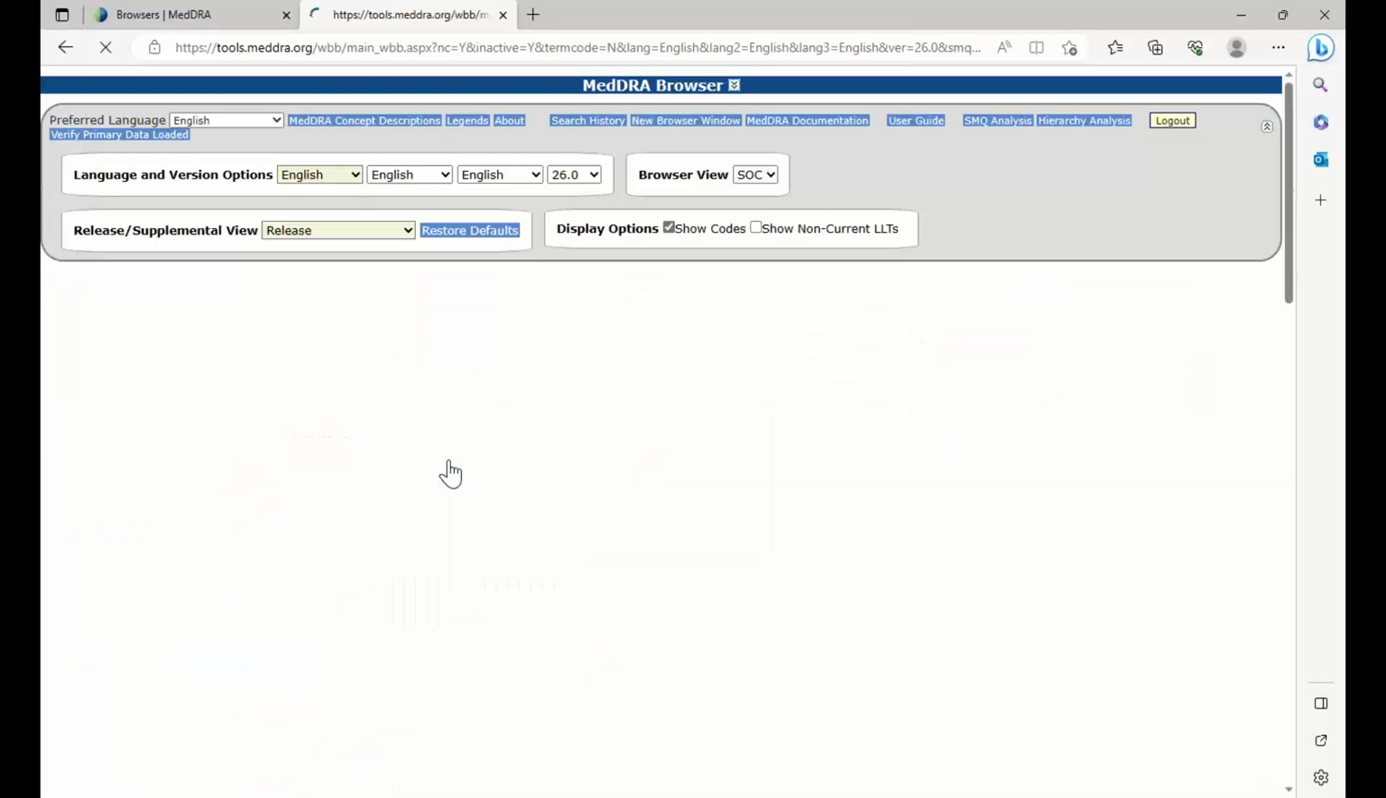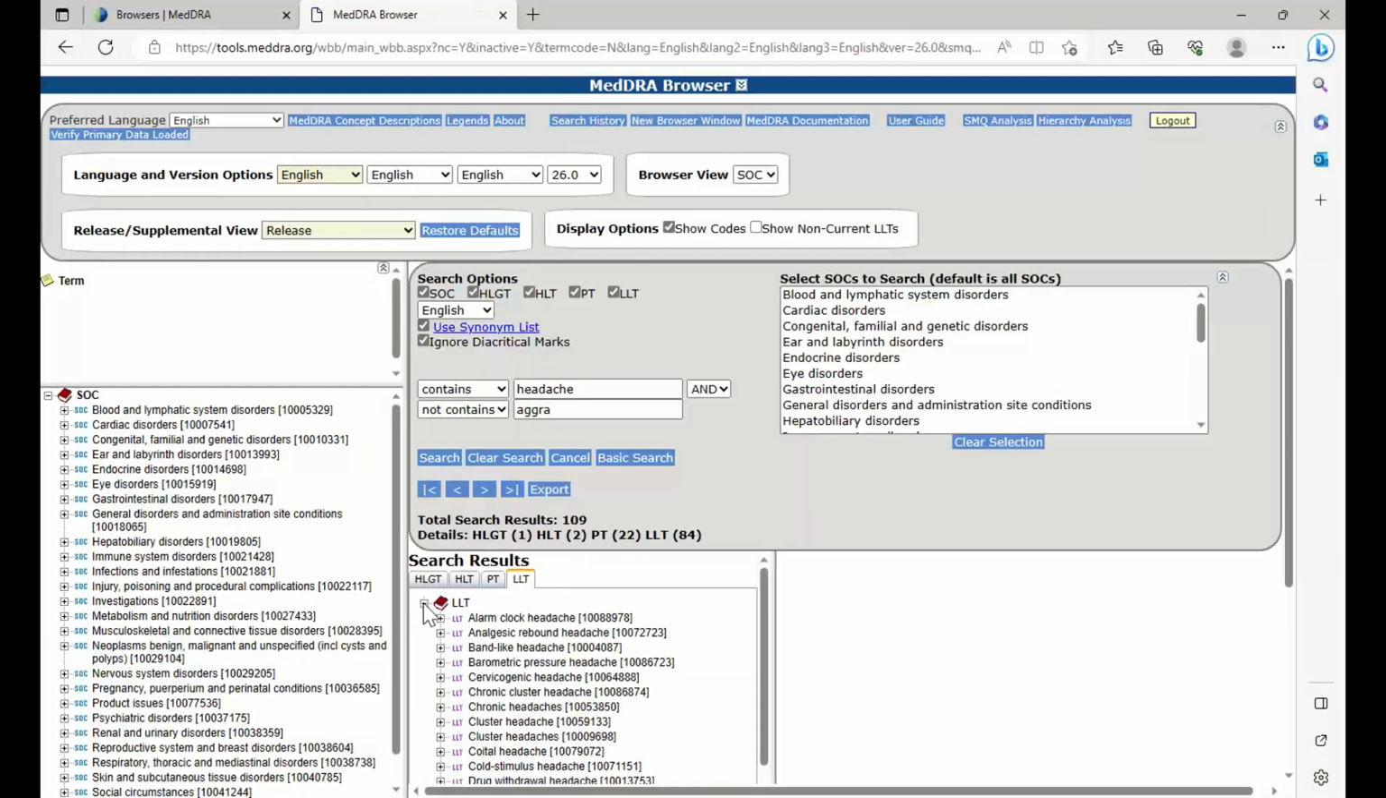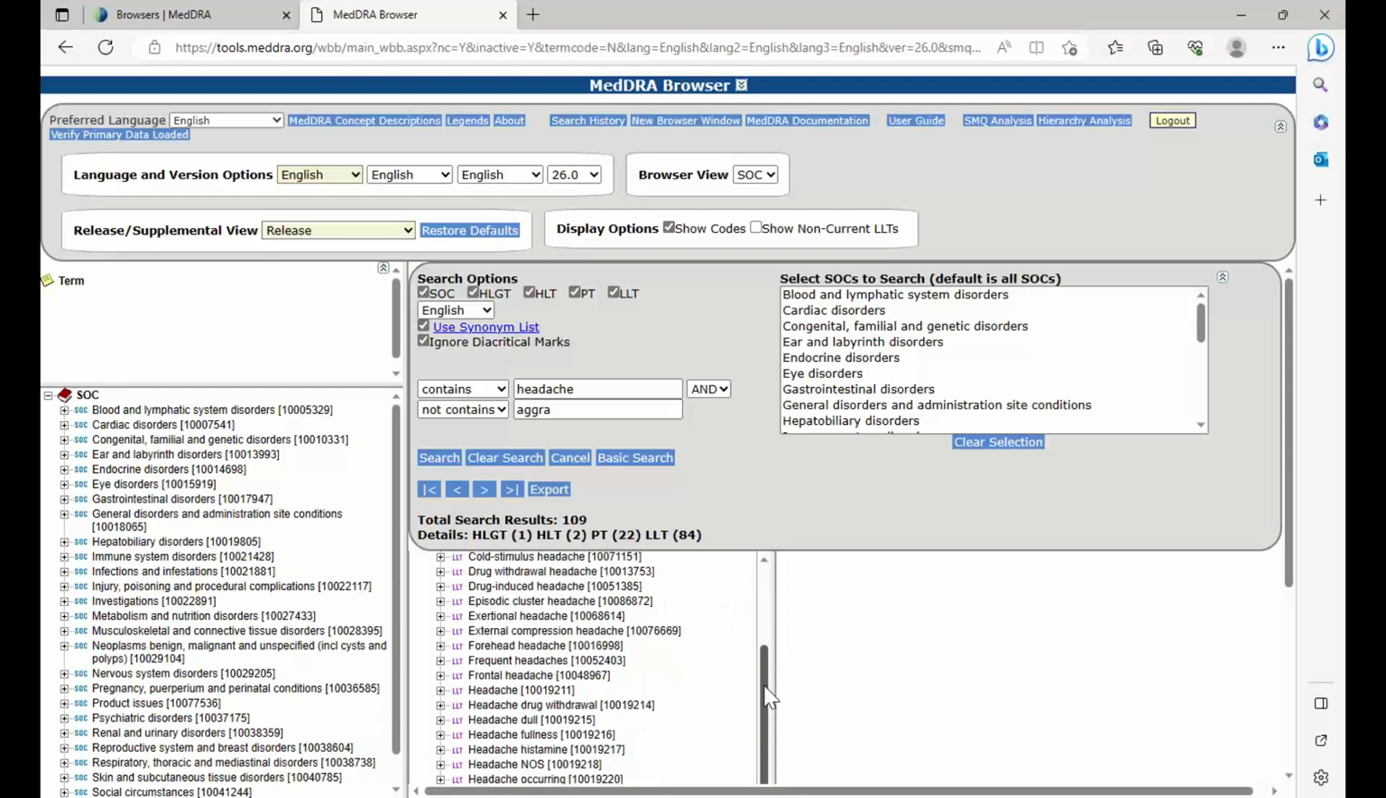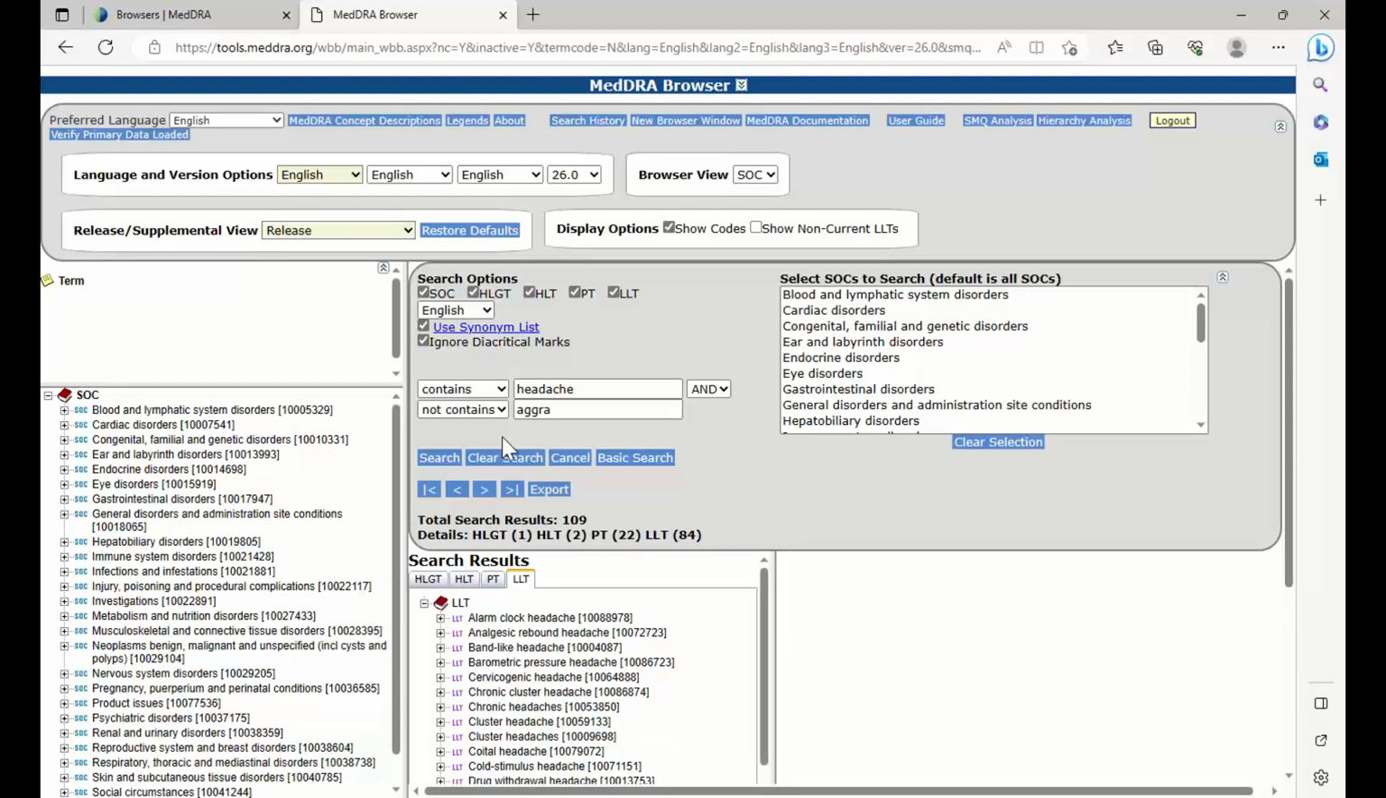So, and then do a search. And as you can see, it will come up with just headache and nothing with the word aggravated. Again, there's no right or wrong here. You can search any way you like. I typically use the basic search, but this advanced search comes in handy, especially if you're new to using the